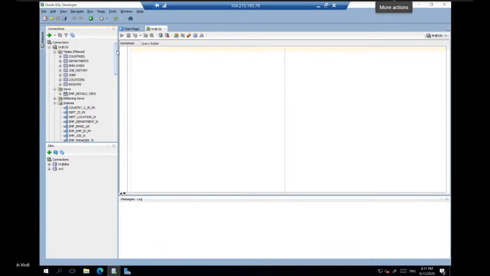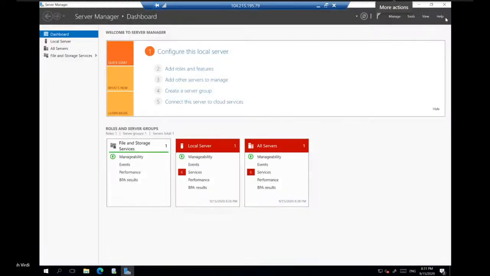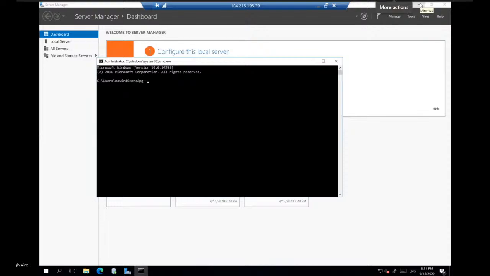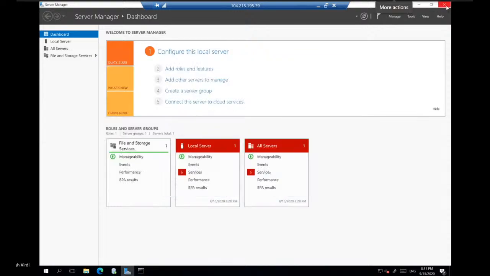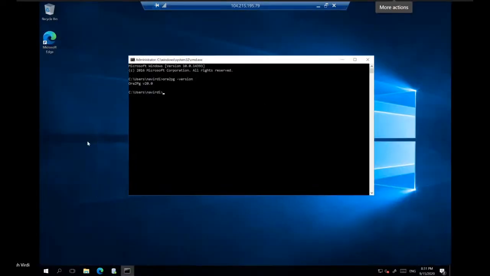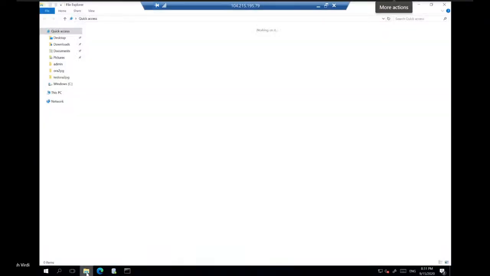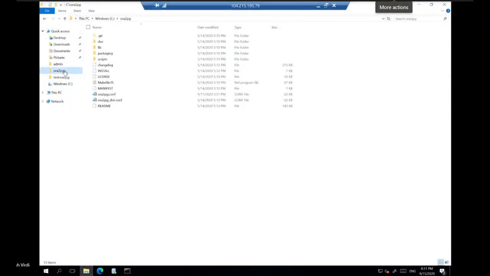So what we will do is, this is my Oracle database, and on the same server I have Ora2Pg also installed, right? If you remember what I talked about Ora2Pg, basically this is a lightweight installer. A lot of details are given on the installation. There is even a PowerShell script which can do all the steps for you. If you're looking at installing this, and if you're facing any problem, just ping me and I can help you with that, right?